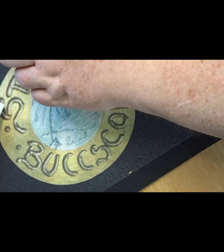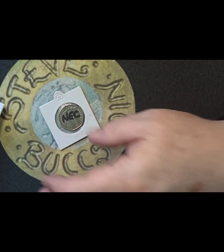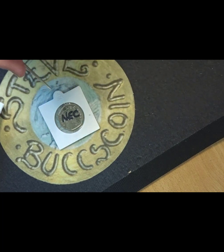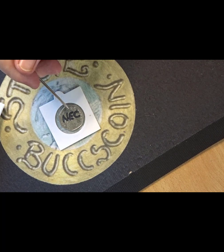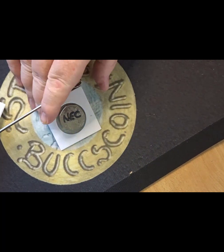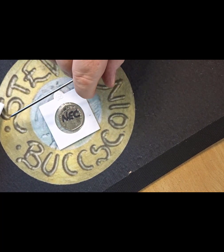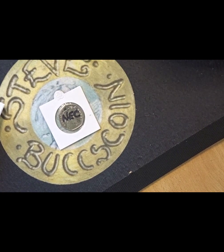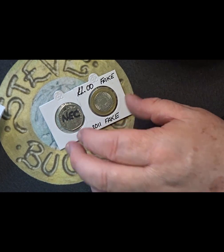I'll get a couple of things up to you as soon as I can. And the other one, of course, as coin tubers, we're renowned for signing Benjamin Bunnies, and Dave has very kindly signed one for me. I think this is the second or third one I've got. And I've started my own little collection now, so beware of the coin tubers. I will be coming on to you asking you for a signed bunny or a signed coin, or providing coins for you to sign. I've already got one from Callie,